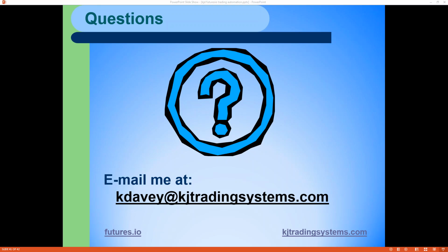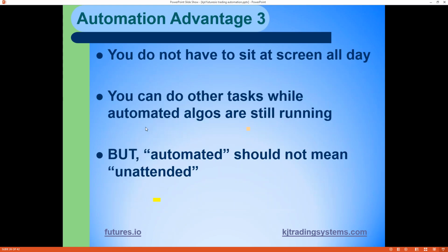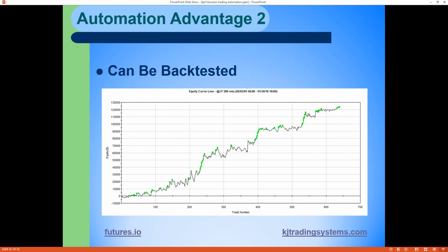Okay, and Dory's saying, can you show some trades from your strats and overall performance? I don't have a lot of that up here, but I will show you one strategy. Here's one. This is at least through the end of January. This is an actual strategy I trade myself. This is the Japanese yen. It's a 360-minute chart. It's a pretty simple pattern.